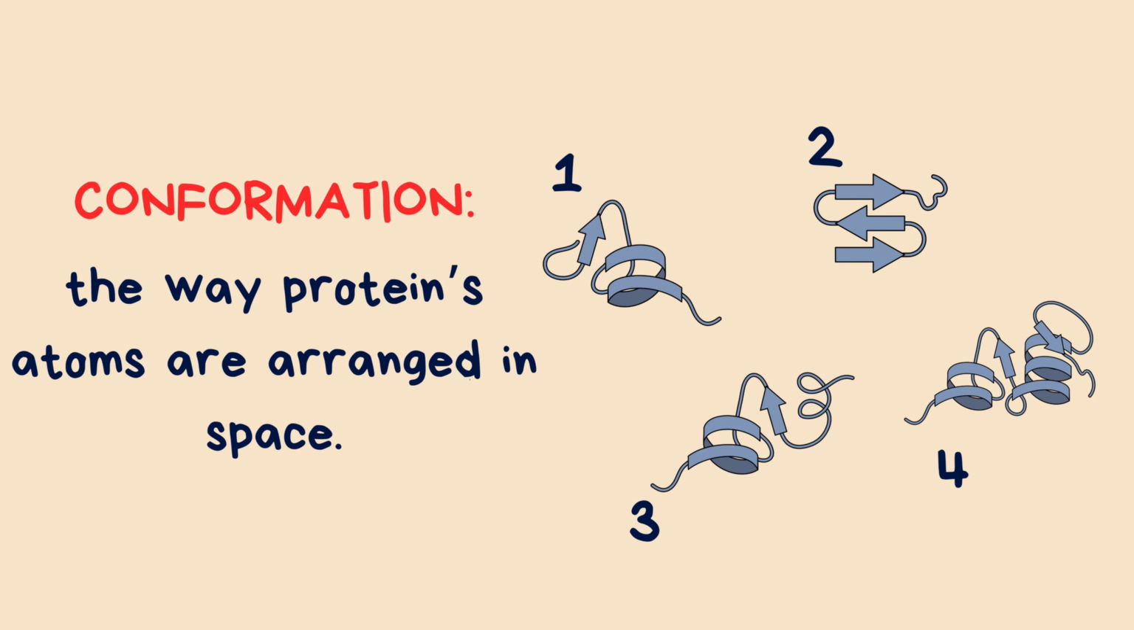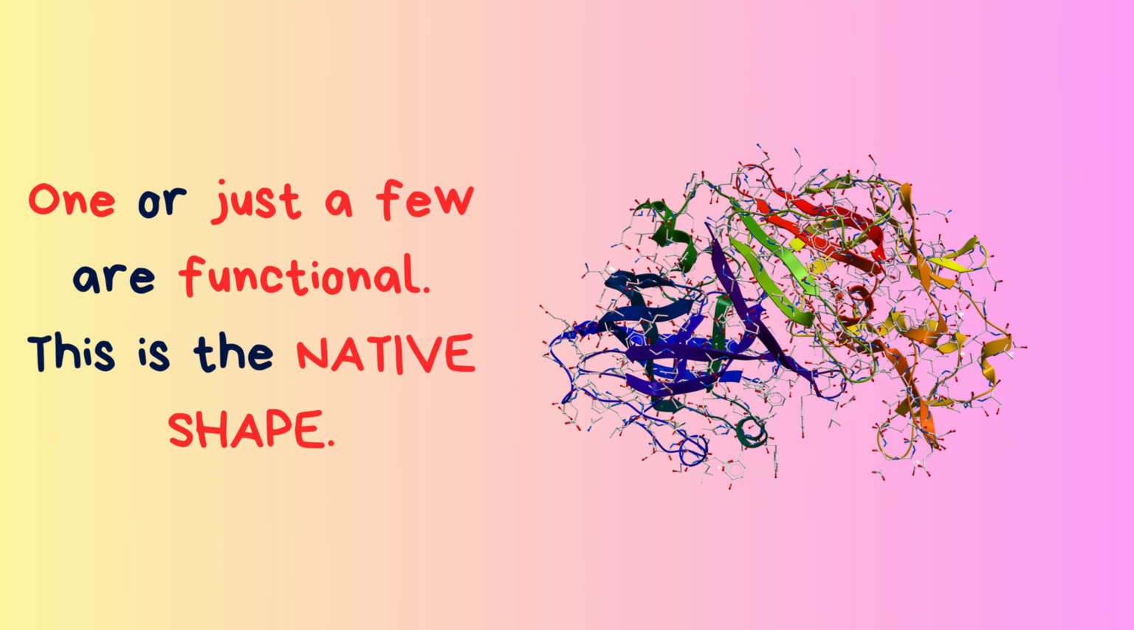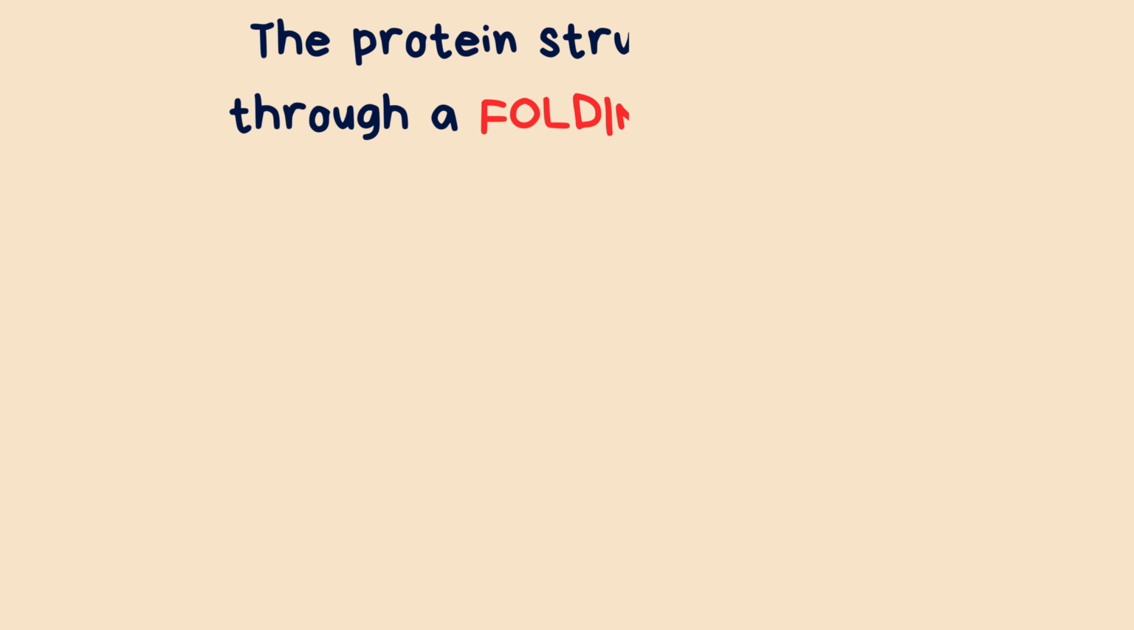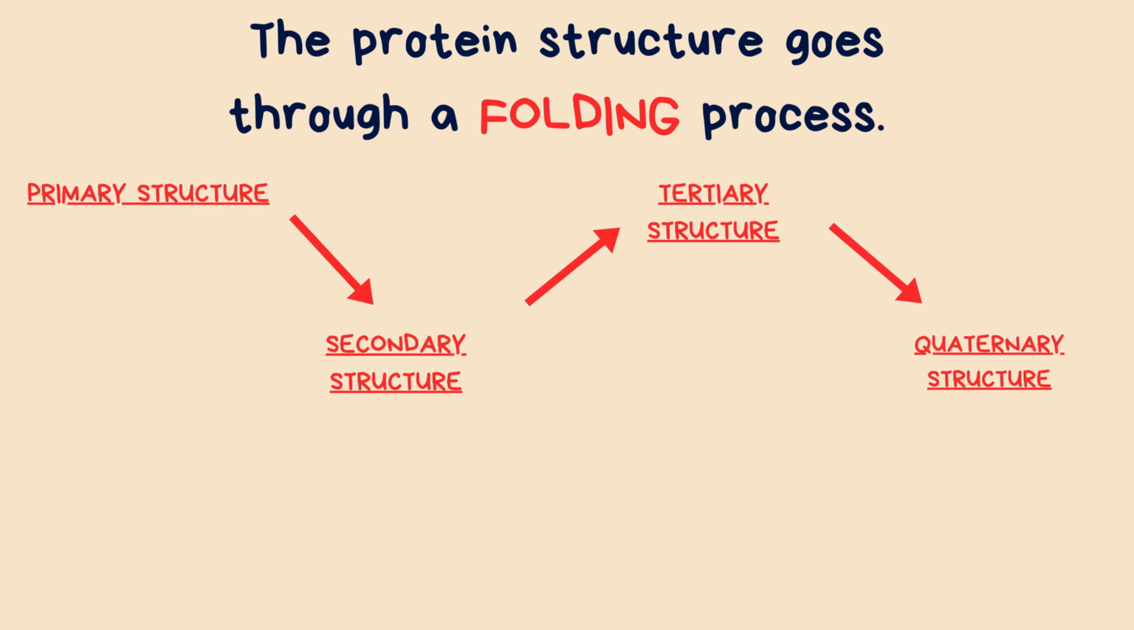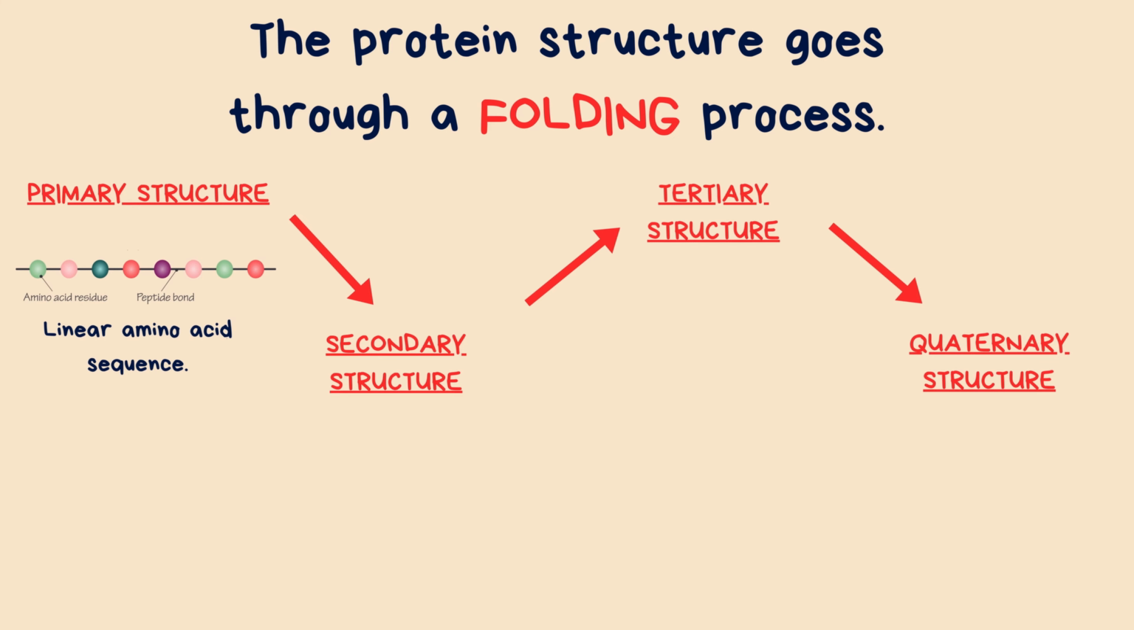But here's the thing, only one or at most a few of these conformations actually allow the protein to do its job. When a protein is in this functional shape, we call it native. You can think of protein structure as a step-by-step folding process, like a hierarchy where each level depends on the one before it. It starts with the primary structure, which is another way to call the linear amino acid sequence,